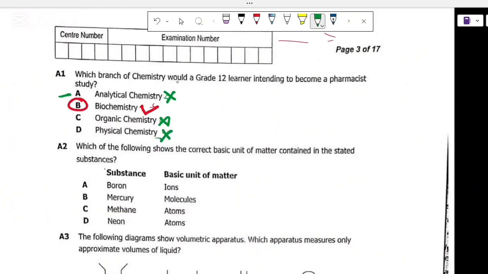When you're talking about organic chemistry, you are talking about studying organic compounds. We'll look at some questions on organic chemistry. You have compounds that have carbon, oxygen, hydrogen, nitrogen, sulfur, and so on. These are some of the components of organic compounds. They should have these elements, which means if you are talking about the other branch of chemistry, inorganic chemistry,